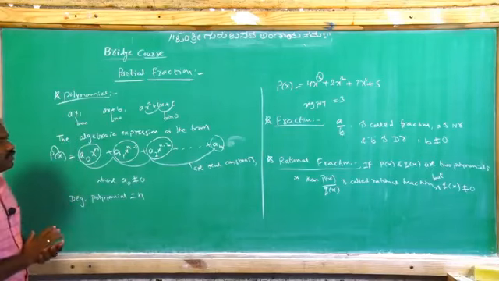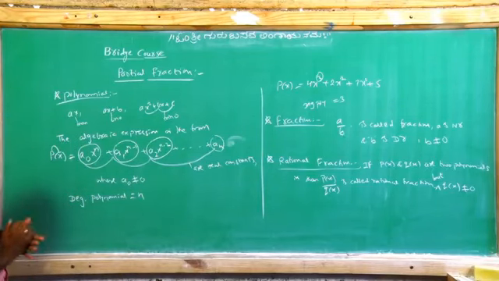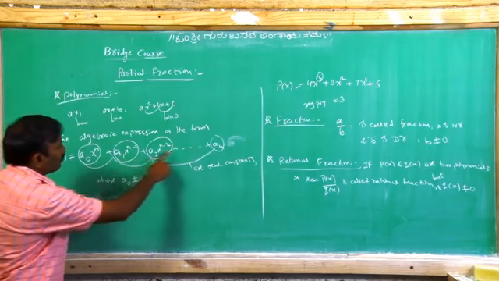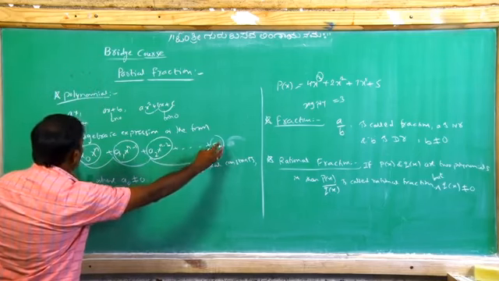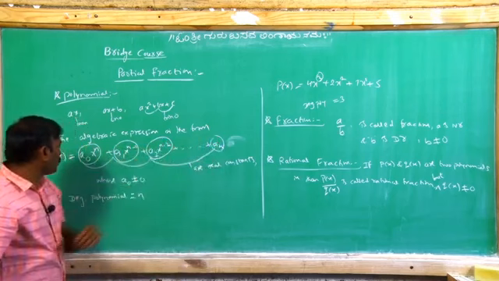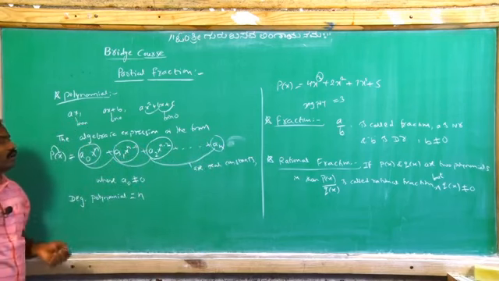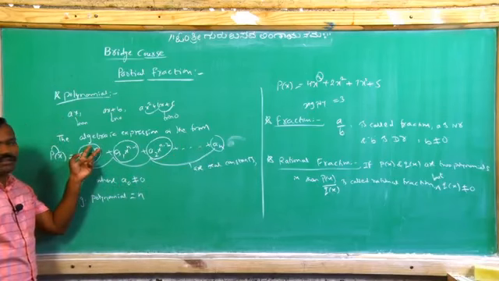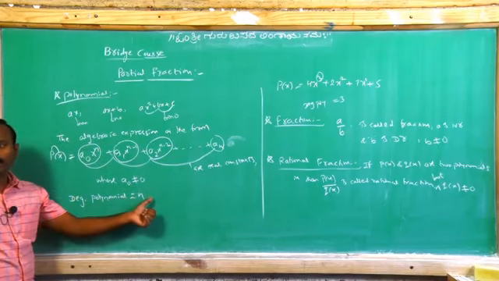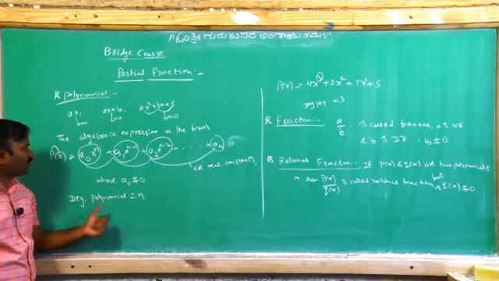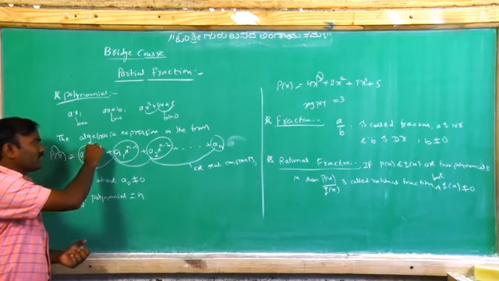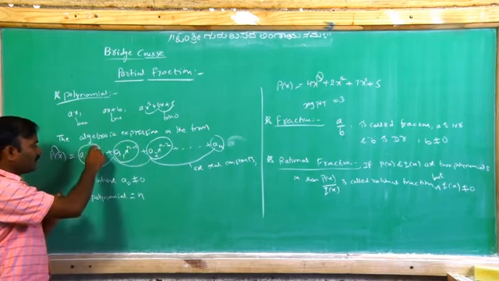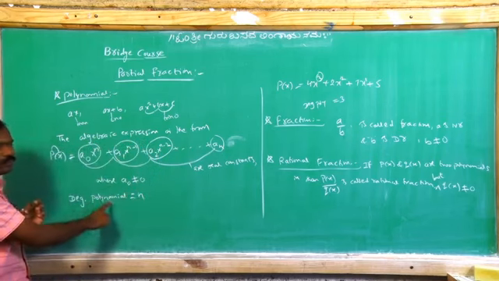Now once again, here are all the important points. First, the definition of polynomial: sum of a finite number of monomials is called a polynomial. In this polynomial the highest power of x is n, so the degree of the polynomial is n. Degree of polynomial means the highest power of x that exists in the expression.